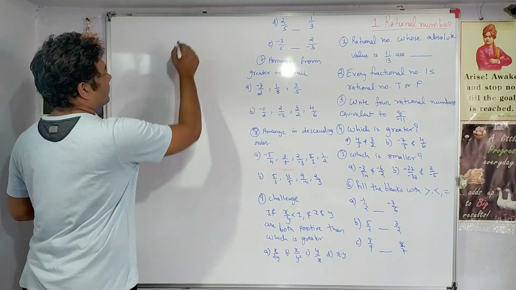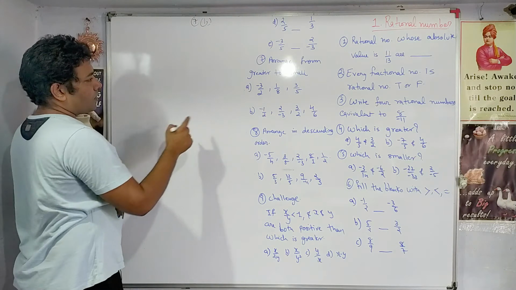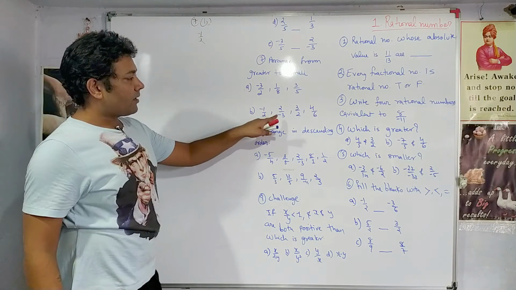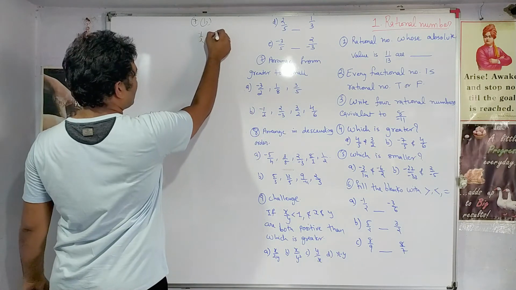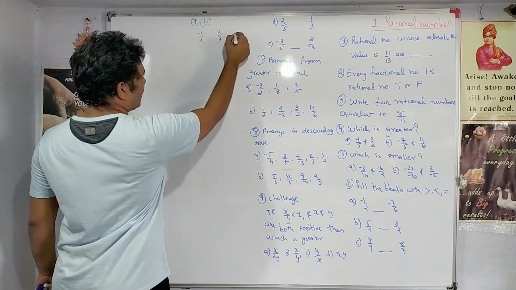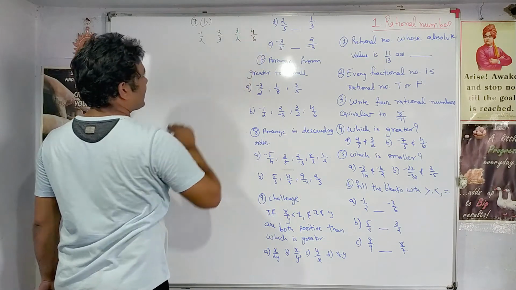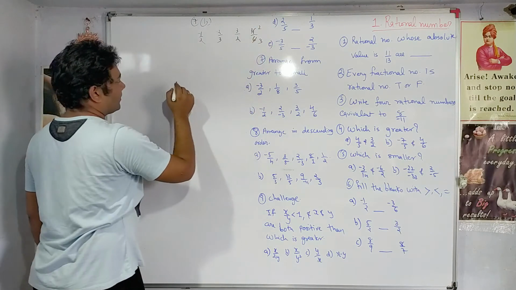Of the seventh, right? So again, minus 1 by 2. As I have said earlier, if you see a negative sign in the denominator, it can be shifted to the numerator. So minus 2 by 3, then 3 by 2, then 4 by 6. This number can be reduced to 2 by 3, right?